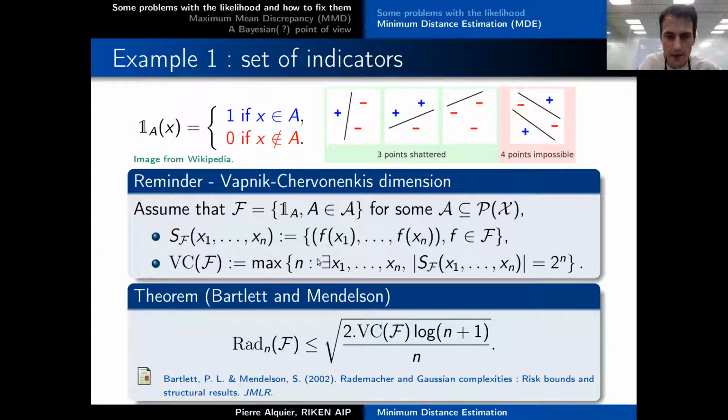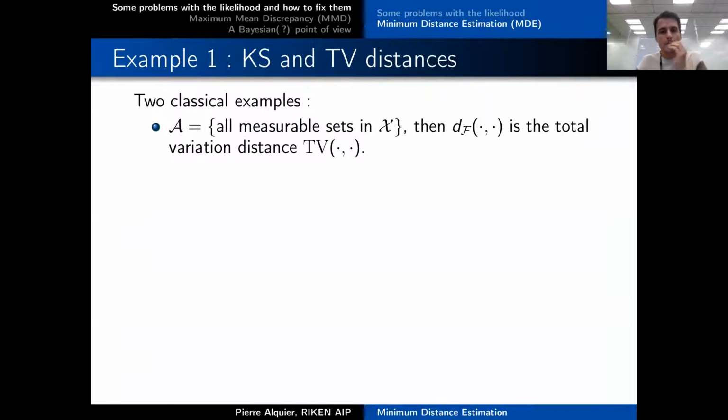Okay, so that's an example where you have a criterion to know whether your minimum distance estimation will lead to consistent estimation or not. Actually, just to make things a little more concrete, you could consider, for example, the set of all measurable sets, then your minimum distance becomes the total variation distance. And then usually, unless